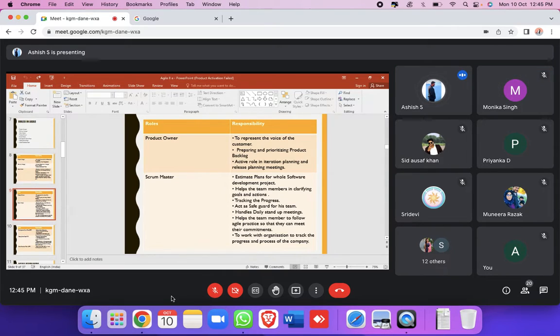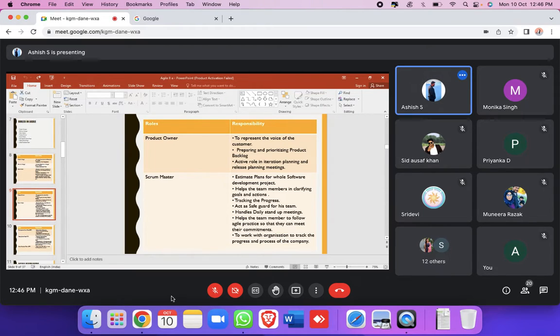And the other one is when a product owner, like our customer, is busy and cannot take care of the particular activities going on inside a company. At that time, we will keep one person as a product owner in our internal team itself. Any experienced person. For example, think a project manager who has been working for 10 years and has a lot of experience. When the client is not coming to the office and not taking care of the work, we will make that experienced person the product owner.